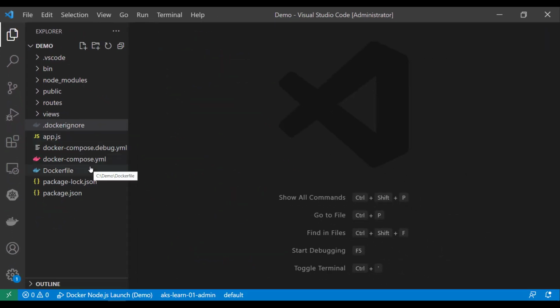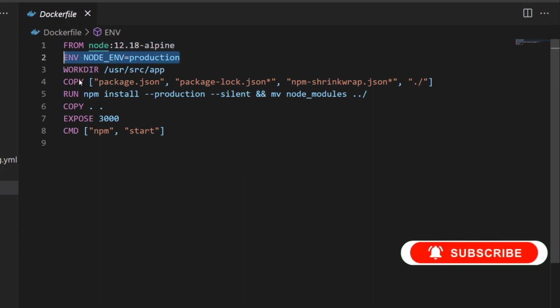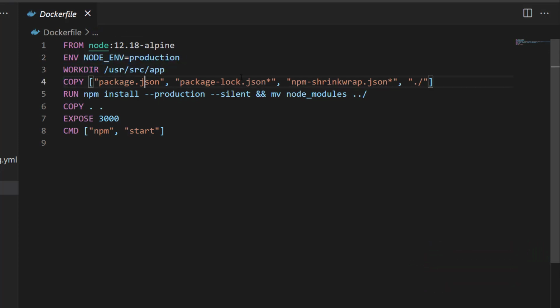Now let's try to understand the Docker file. What we are trying to specify with the help of a Docker file, when we say create a Docker file, is that it identifies your application environment, and then it tries to build the package. If you read this file, from the base image, which is node, we are specifying a couple of environment variables, the working directory, and we are saying copy these files and everything which is mentioned here,